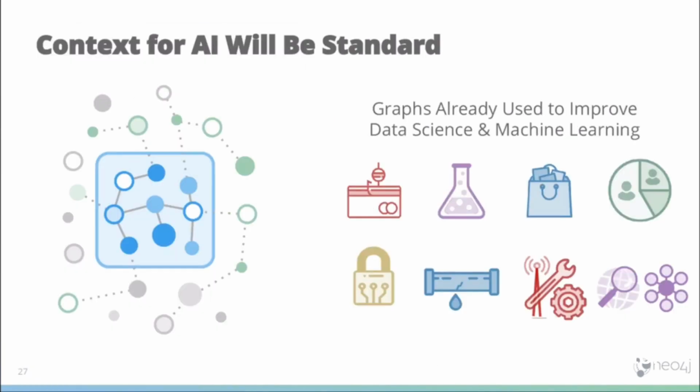different uses. So the other area that I think is going to become standard is just context for AI. We talked a lot about how AI needs context, how graphs can add context. From a graph technology standpoint, we're seeing graphs being adopted in data science and machine learning first and foremost to improve predictions, because they're very good for that and it's very much low-hanging fruit. But I think we're going to see that expand to having context. Whether it's using a graph or some other type of technology, it's just going to become standard for how we look at our AI and how we try to do better with AI in